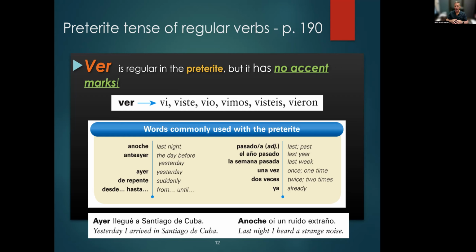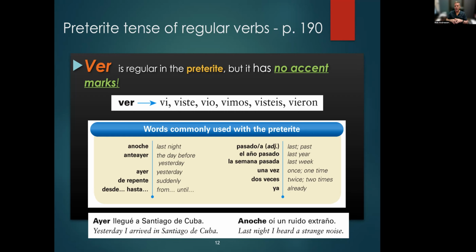Those are words that can also signal the use of the preterite. Pasado, we just said that. That's past. So you can have el año pasado, la semana pasada, el mes pasado, el domingo pasado, last Sunday. Those adjectives are going to go after the noun, and they agree with both number and gender. So semana pasada. You could say en las 3 semanas pasadas, in the 3 last weeks. In that case, you have all of them agreeing in number and in gender. So el año pasado, last year, la semana pasada, last week.